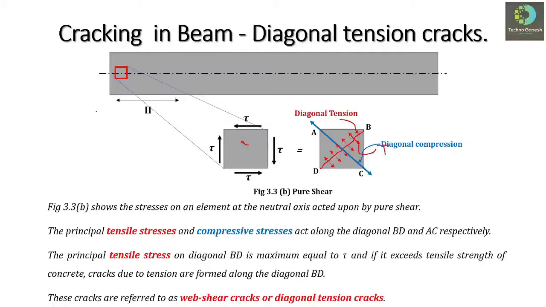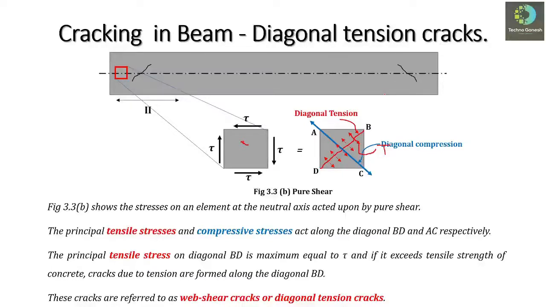So this is the reason why the shear cracks are going to form in region 2. This region is predominantly acted upon by the shear stresses, and that's why the main reason for the formation of cracks is the shear stress acting in this particular region. So this is about the diagonal tension cracks. The diagonal tension cracks will form, as you can see here.